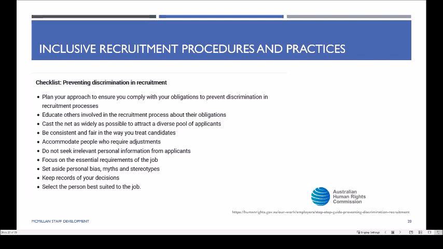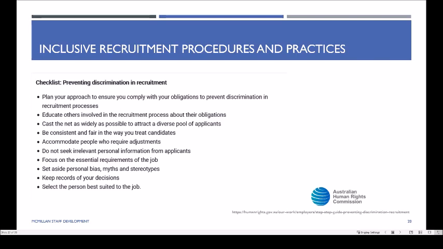If we want to be open and honest about being diverse, we need to think about how we network out there to get to those market segmentations, in this case with people that we're looking for, so as to attract the diversity to apply. And then making sure that we're fair in the way that we treat candidates, and that might be about making proper adjustments. So if we talk about diversity, as I was just talking about earlier about some of the reasonable adjustments to people with